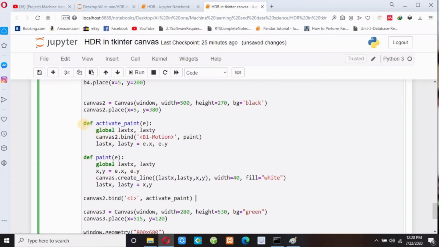So this is the code to make paint in Canvas 2. So this is the first function activate paint, and this is the global variable, and this is the bind method. And you don't need to memorize this function or this code.